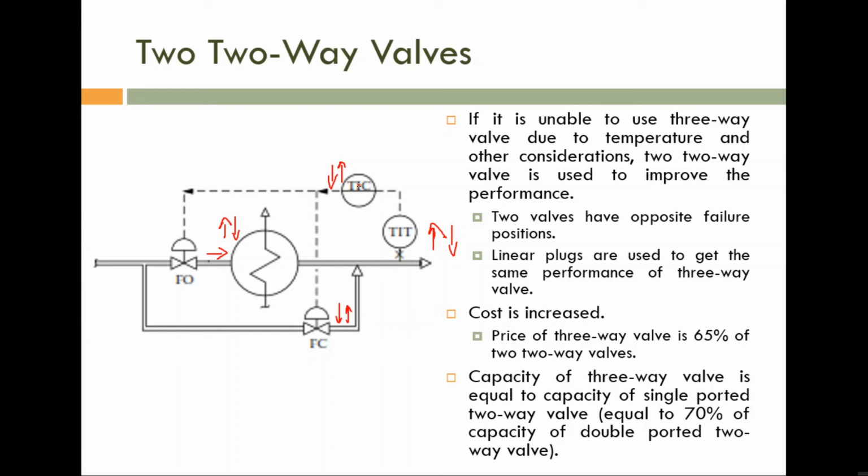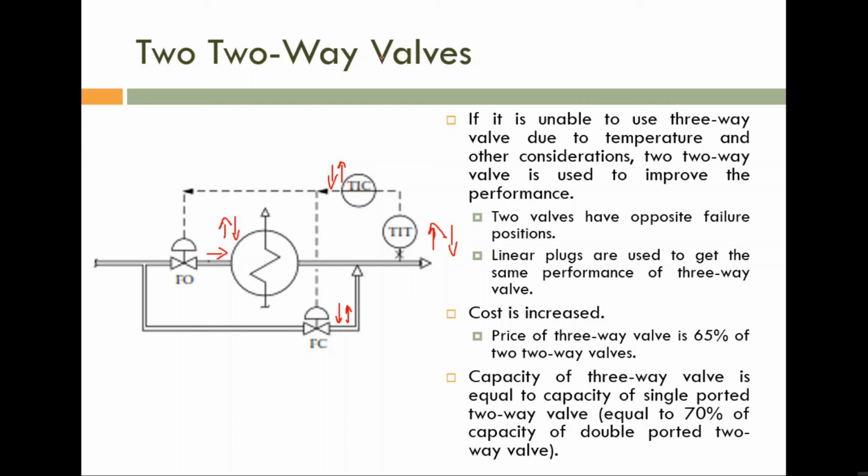Why? If you are increasing this control signal, this one is normally open and that one is closed, so this flow rate is decreased. With the increase of the control signal, this is a normally closed valve and that one opens, so this flow rate is increased. So the temperature will increase, because this flow rate is increased, meaning the temperature carried by this medium is more, and this flow rate is decreased, meaning a small amount of liquid carries less. So after this mixing, definitely the temperature will increase. Okay, so that is an advantage.